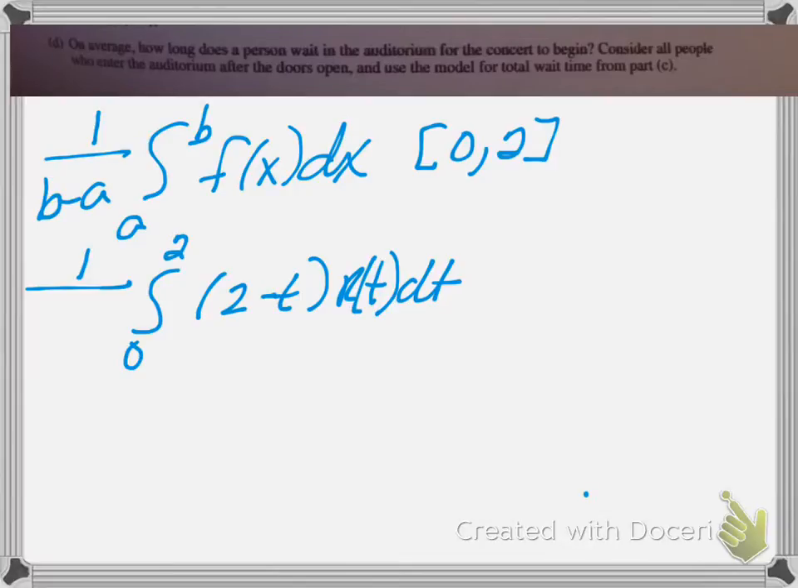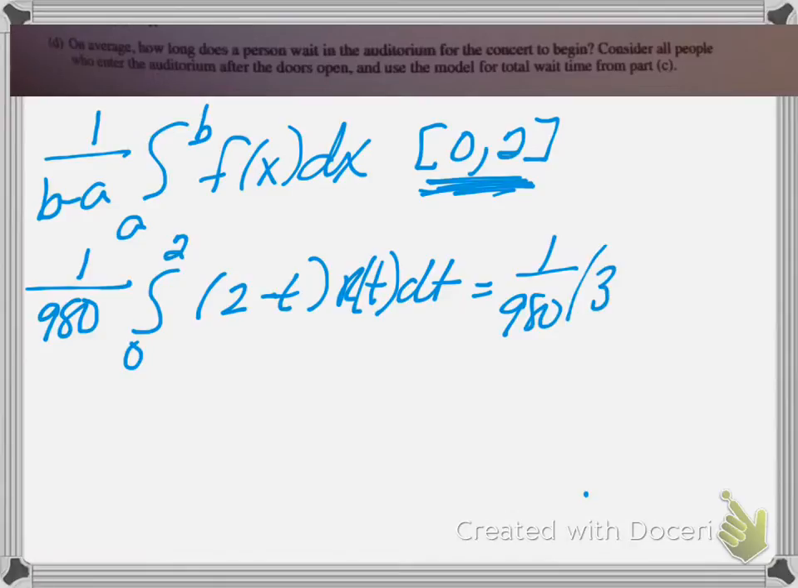So if you wanted to know the total wait time average, you would take all the wait time of all the people, and then you would divide by how many people there were. And how many people were there from 0 to 2? There were 980 people. So you have to divide it by 980. So you're going to get 1 over 980, and from the integral on your calculator, you're going to get this. And when you do 387.5 divided by 980, you're going to get